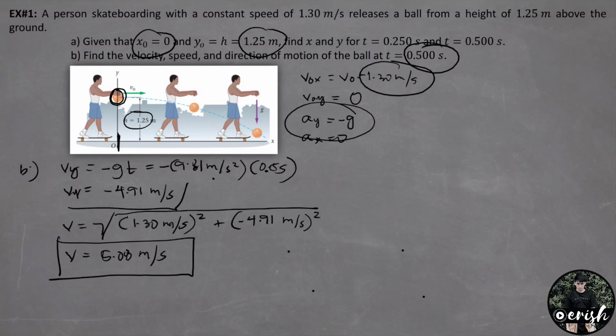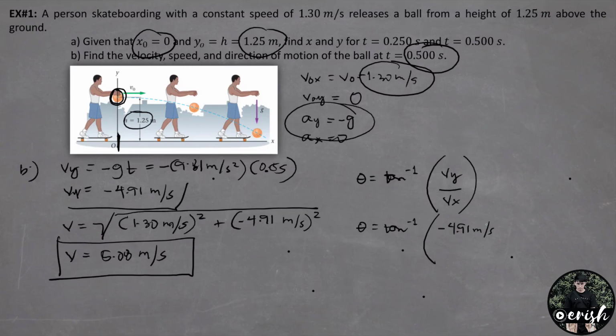And the direction naman, angle theta, we use the tangent function, inverse tangent of Vy over Vx. Angle theta is equal to inverse tangent. Ang Vy natin again is negative 4.91 meters per second over Vx, we have 1.3 meters per second. Angle theta is now equal to negative 75.2